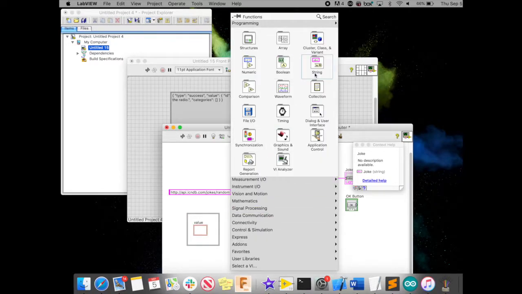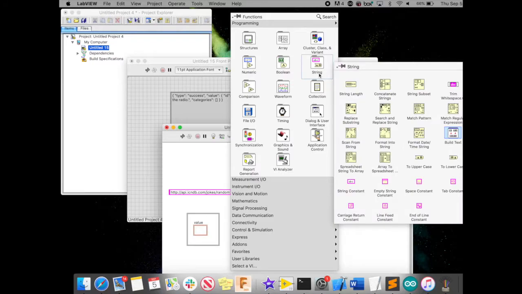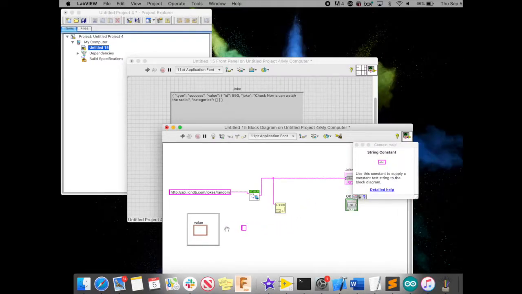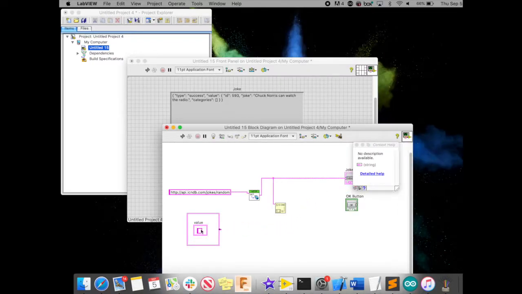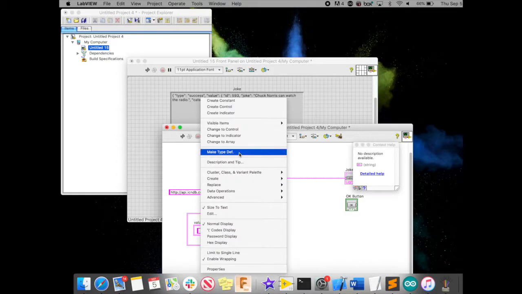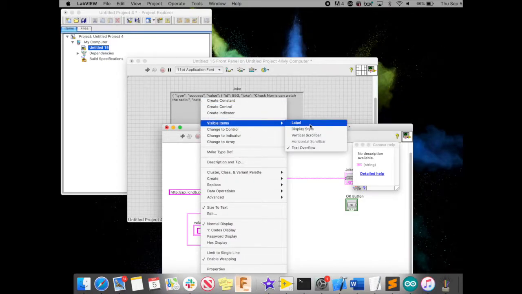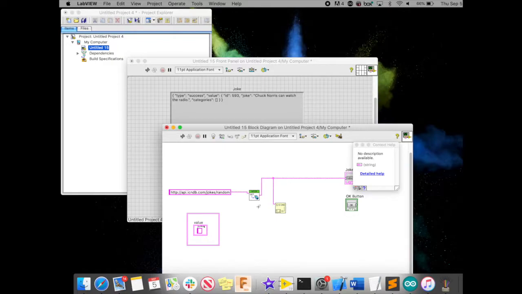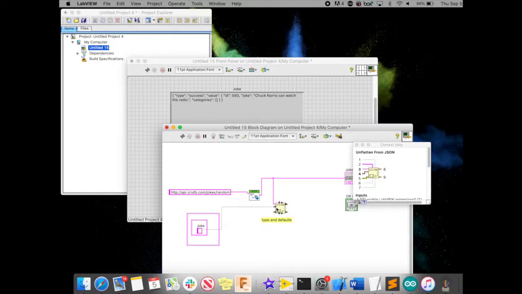So we'll need to create a string constant. Let's put this inside the value and name this joke. If I do clean up, oh, I need to make this a little bit bigger. Alright, so let's connect this data type to the types and defaults,